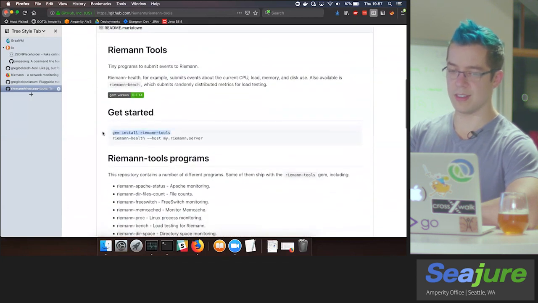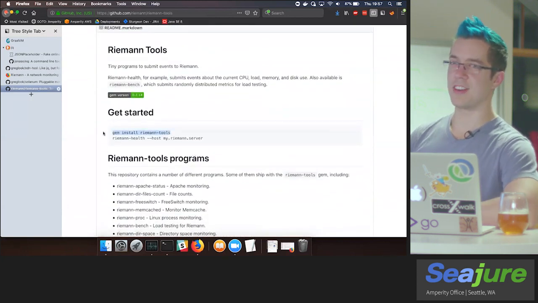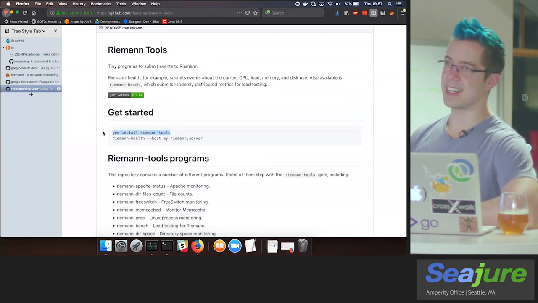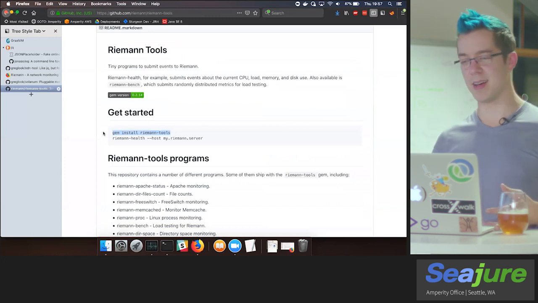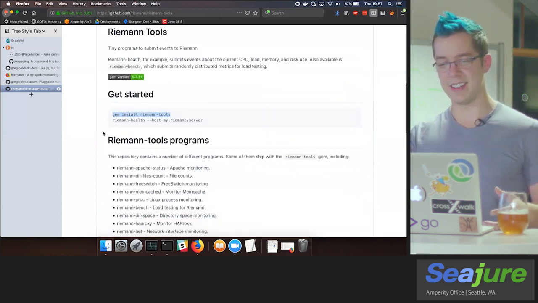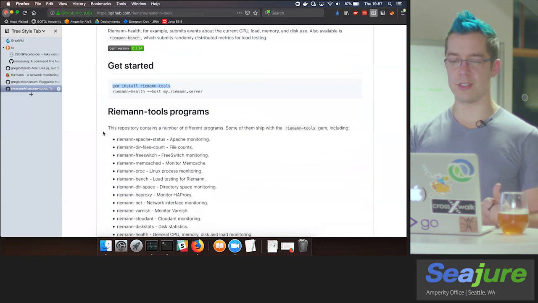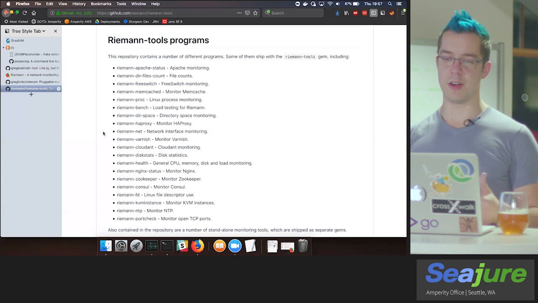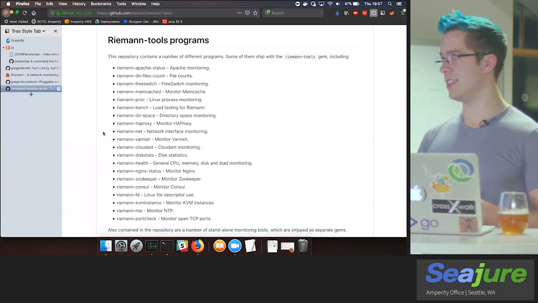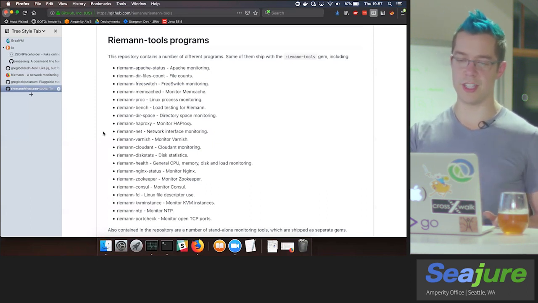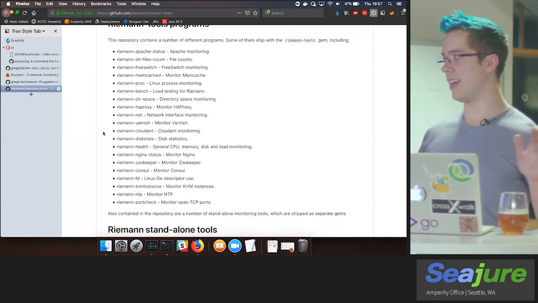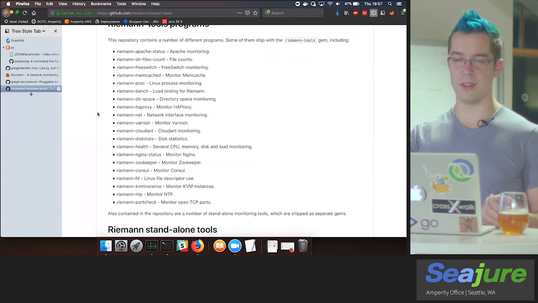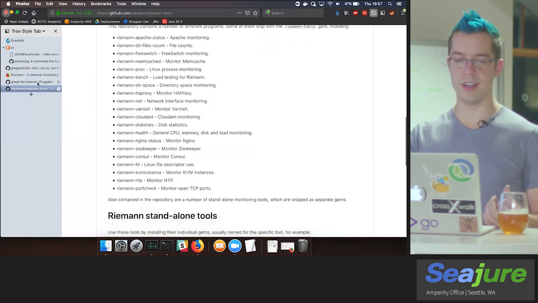One of them is that these are written in Ruby. And if anyone has tried deploying Ruby in production before, it's no picnic. It's a lot like Python, which is not a compliment. And having to coordinate the installs of a bunch of different tools depending on what you want to measure also means that you're paying the overhead of each of these processes per kind of thing you want to measure. And lastly, we just didn't have a lot of control over the metrics these things were producing. So there's a couple of reasons to want to do this a little better.